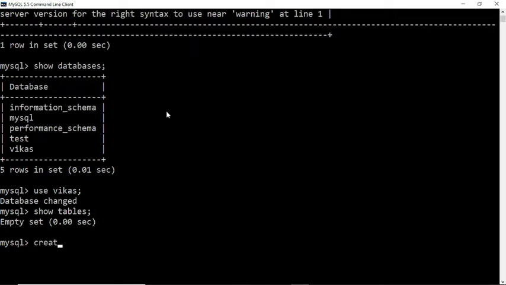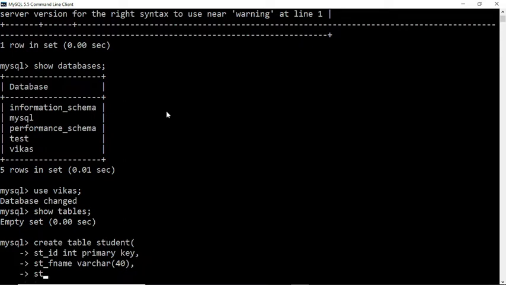So we have the command create table. The table name is student. In that we have student ID, int, primary key. Then another field, student F name, which is varchar. How many characters do you want? I want 40, so 40.